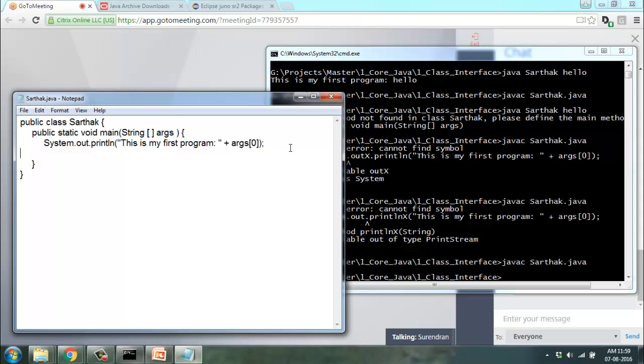Now let us make an object of a class. We'll create a class called car. C is equal to new car. Capital C again. You remember that all classes should start with a capital letter. So I'm making an object of car. Car c is equal to new car. This means